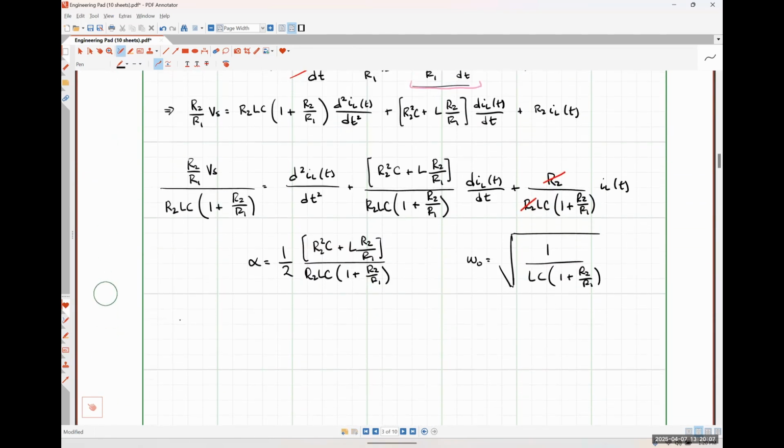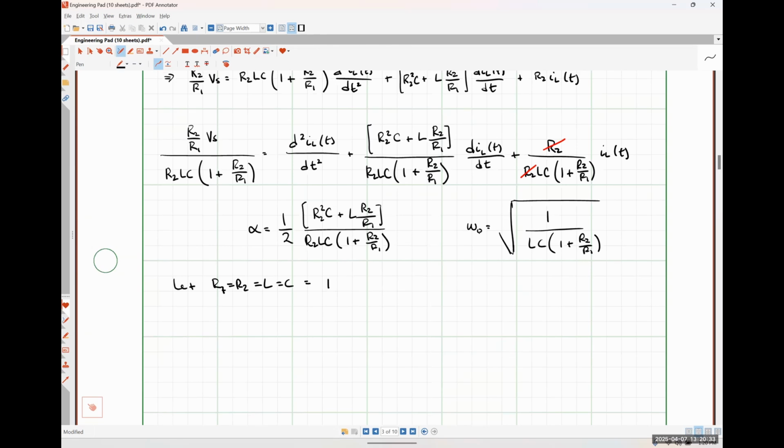I would not be remotely surprised that I made a mistake somewhere in here, but I want to find out. So what I'm going to do is I'm just going to say, let R1 equal R2 equal L equal C equal to 1, whatever. So 1 ohm, 1 farad, 1 Henry as is appropriate. And so that means that we would have alpha is equal to 1/2 times a factor of, let's see, so that's 1 plus 1 is 2